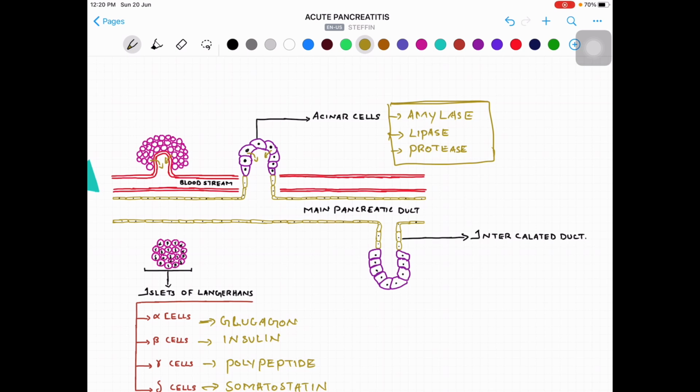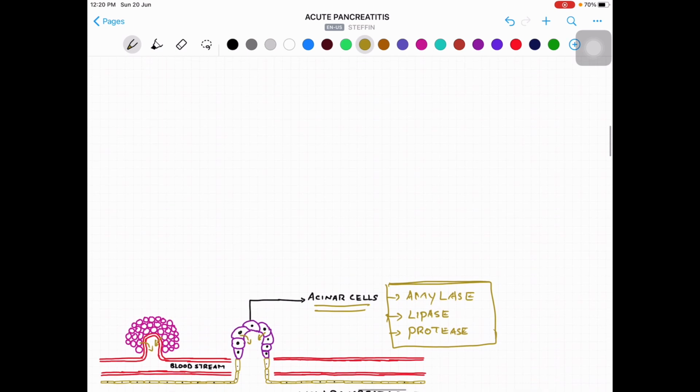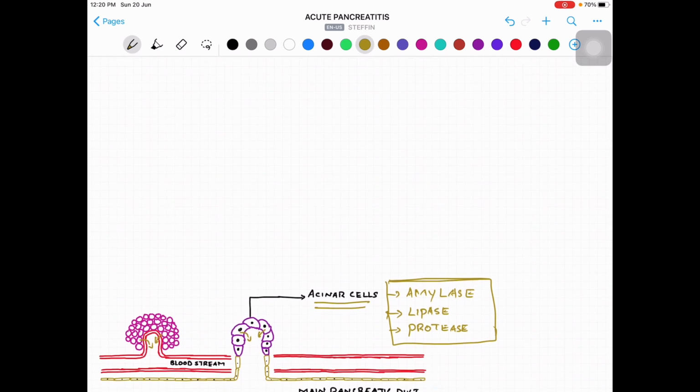But these macromolecules are also found in the cells of the pancreas. So to protect the pancreas from digestion of its own macromolecules, the acinar cells will secrete the enzymes as inactive, meaning a proenzyme or zymogen. The zymogen is a membrane-bound vesicle with protease inhibitor. So let's have an example, like trypsinogen. It's an inactive enzyme.